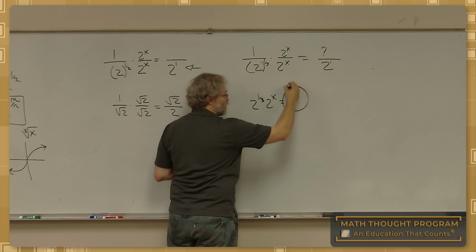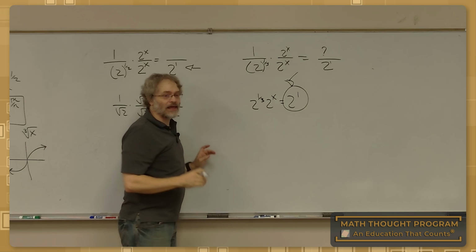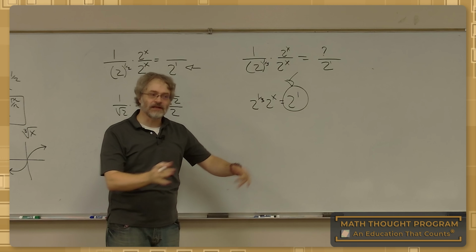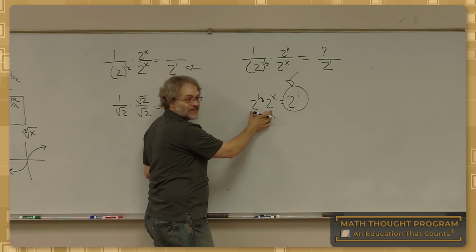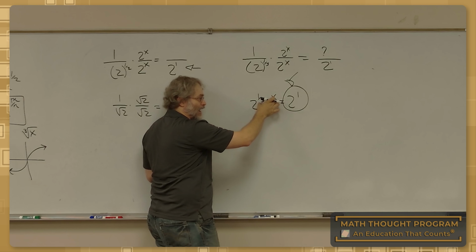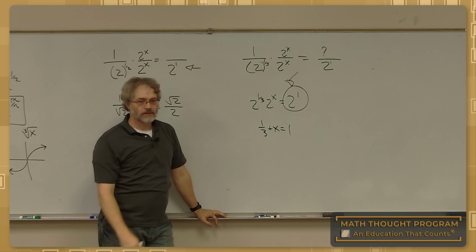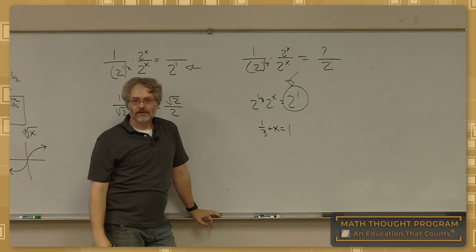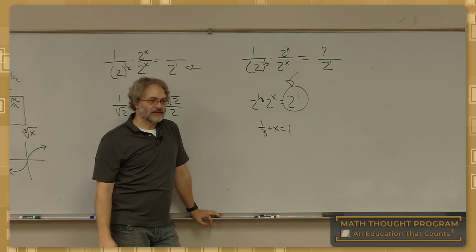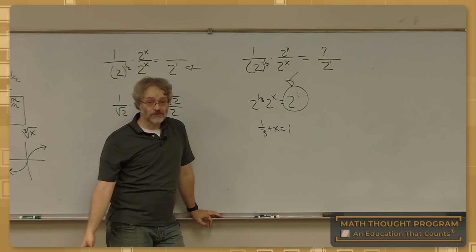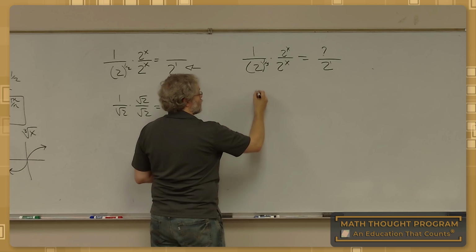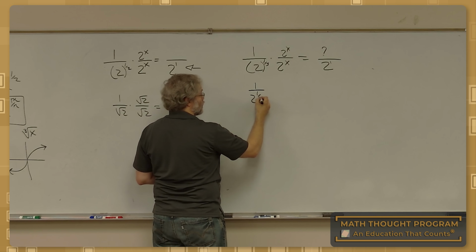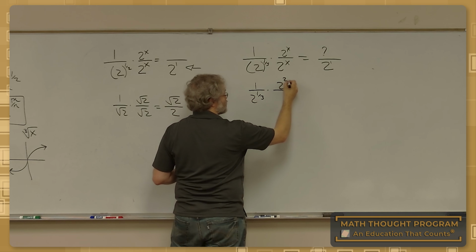this is your goal again. That's where you're going. How do you get there? What do you need to do? Well, properties of exponents state same base, you're going to add to get the value of 1. So what do you need for x? 2/3, not a third. Here you would have 1/2 to the 1/3, 2 to the 2/3,